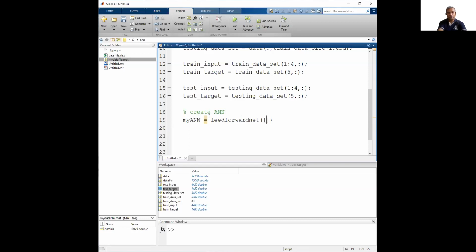You have a syntax called feedforwardnet. This allows you to create a feed-forward network, and in the brackets you can put the number of neurons in the hidden layers. Let's have a single layer. 3, just for the fun of it. You can change these values and try different values. They will give different performances. Now when you run it,